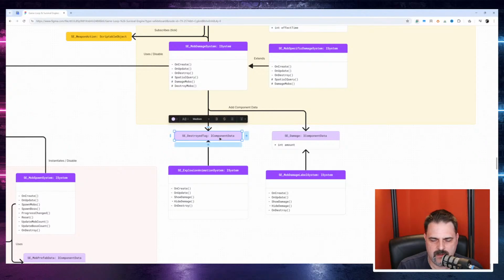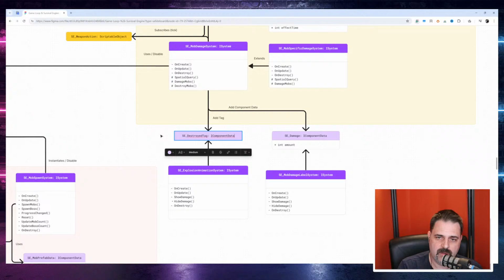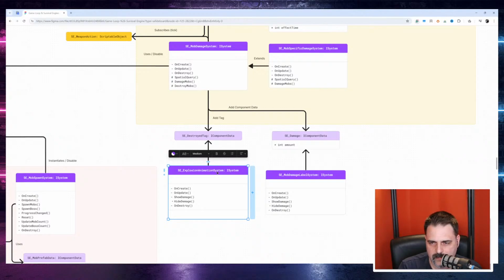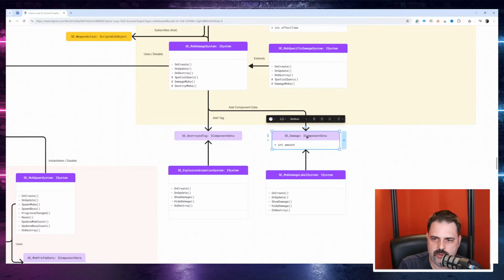And then that one sends a message, which is not exactly a message, it more just adds a tag to the mob. If it's destroyed, if the damage was more than its total hit points, then it creates a tag on it to tell it's destroyed, and also starts an explosion animation on it. The explosion animation system starts to play a little explosion. Otherwise, it just adds the damage amount with the SE damage component to that mob,